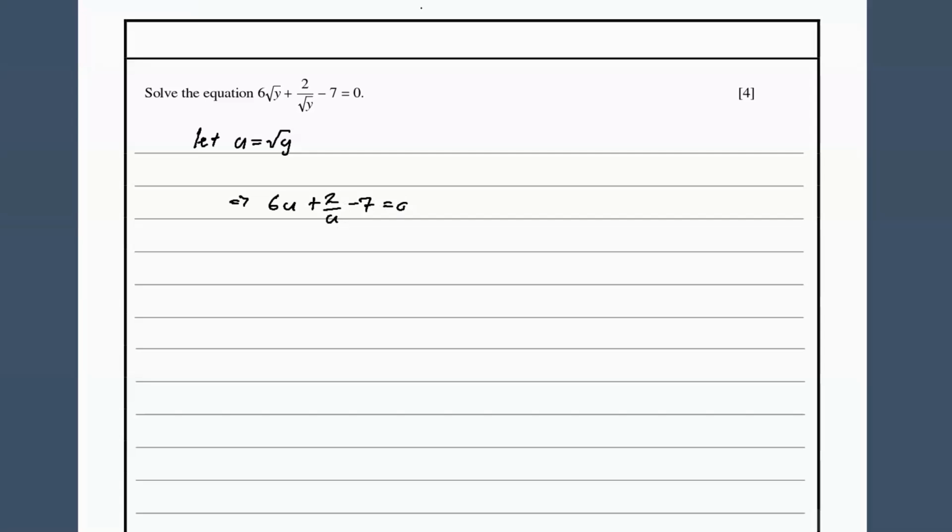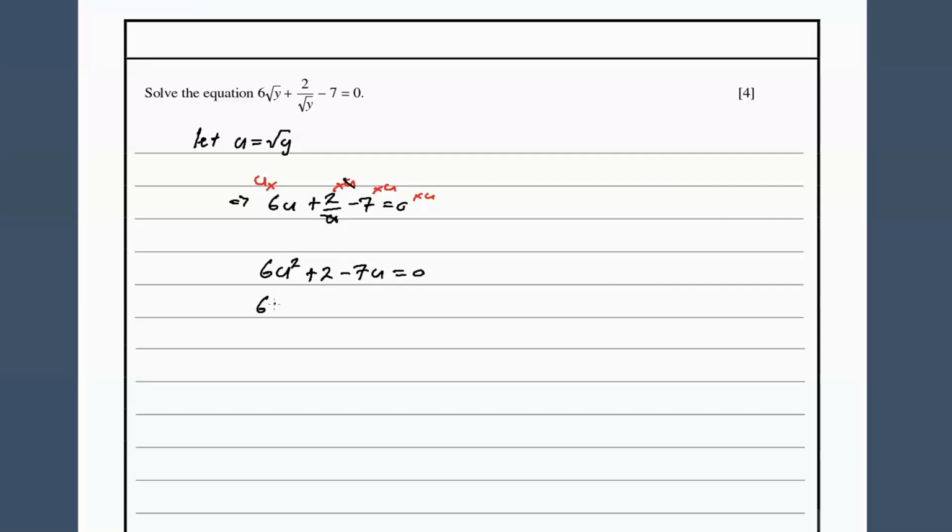From here, I'm going to multiply all the terms by u, and we will get right here